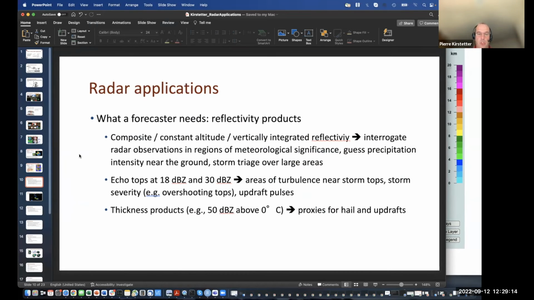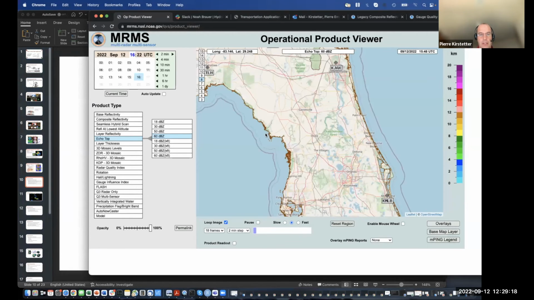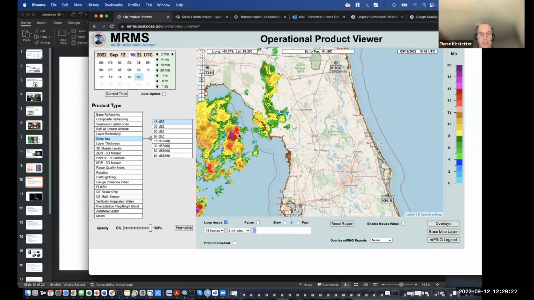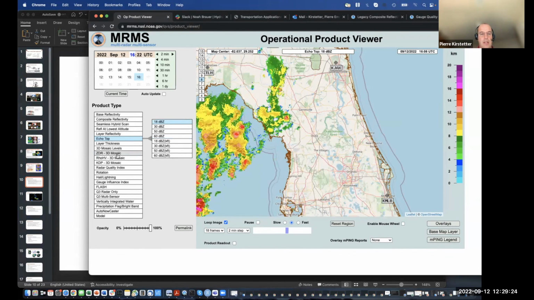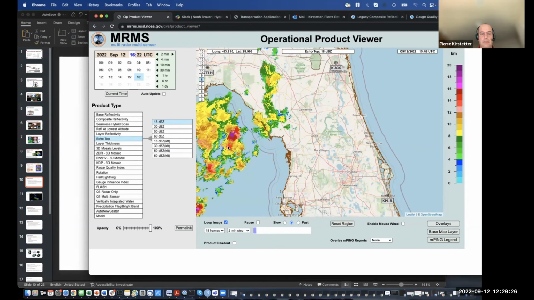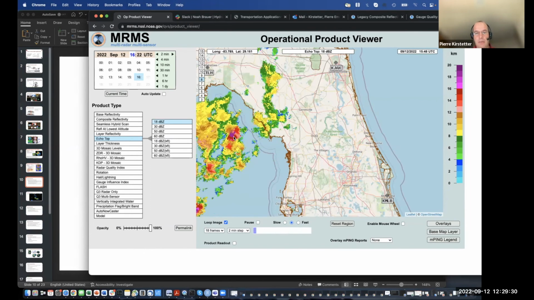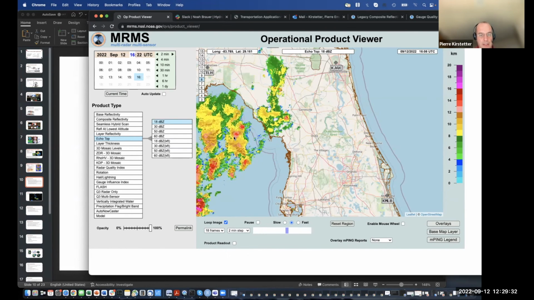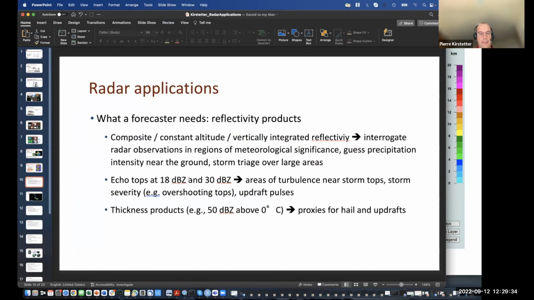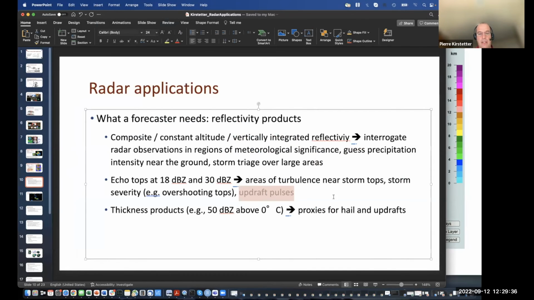For example, overshooting tops, maybe the one that we have here at 18 dBz that reaches very high altitudes, might be an overshooting one. Personally, at this time, I would suspect rather a radar artifact. And by